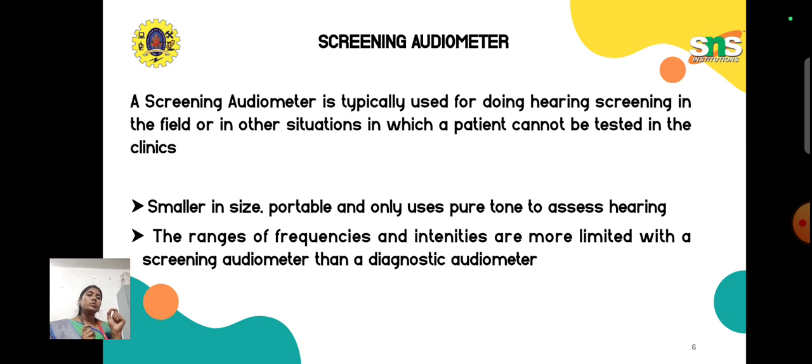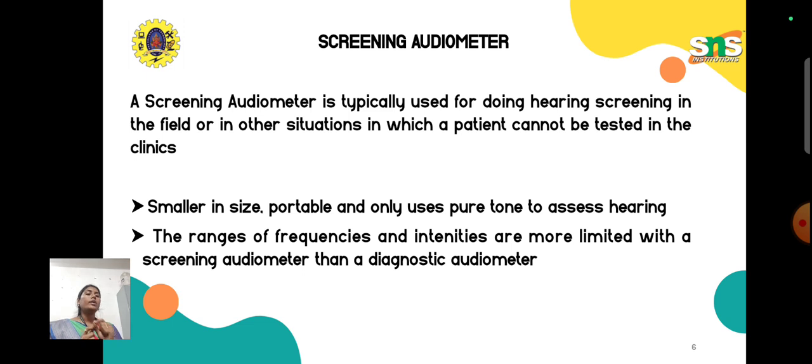What it is supposed to do is that this screening audiometer will just give a wake-up call that you have some problem with the ear. Then we have to go to the hospital and do proper treatment. Before going to the hospital,